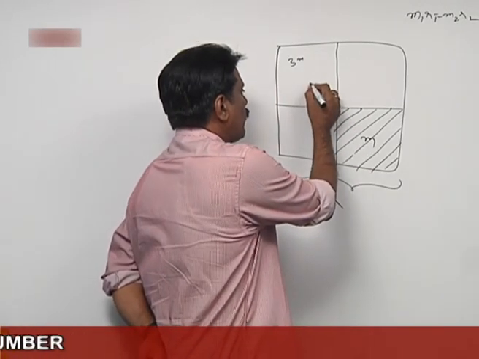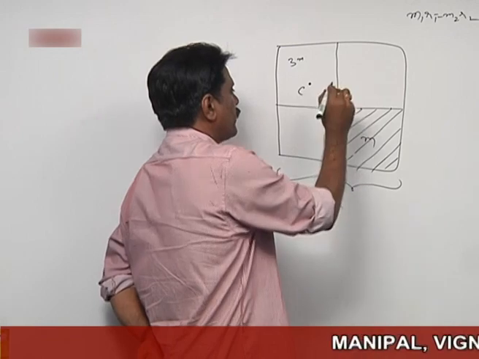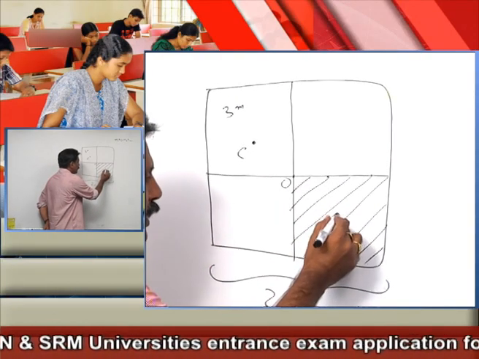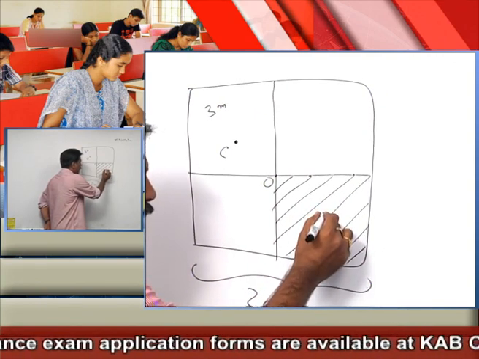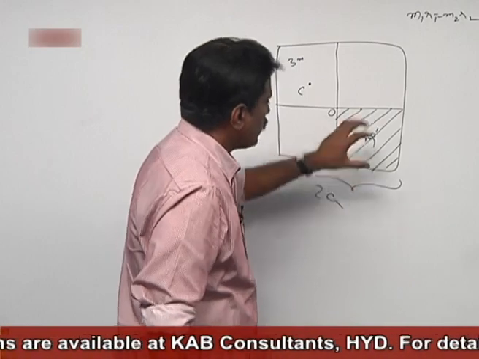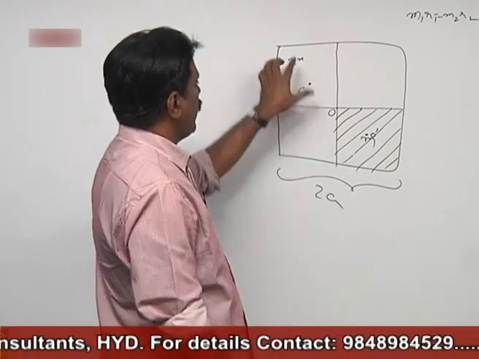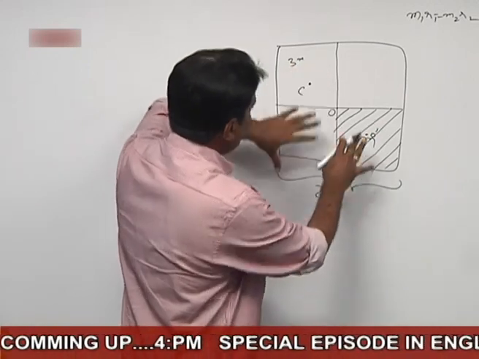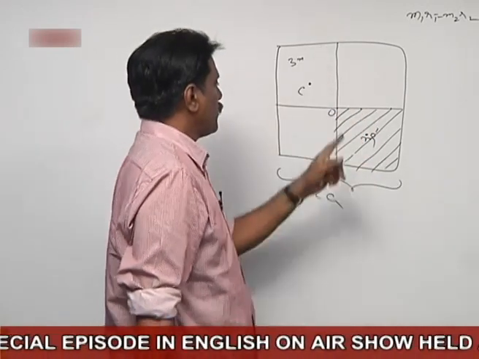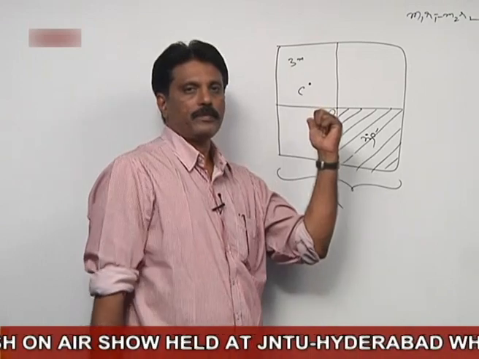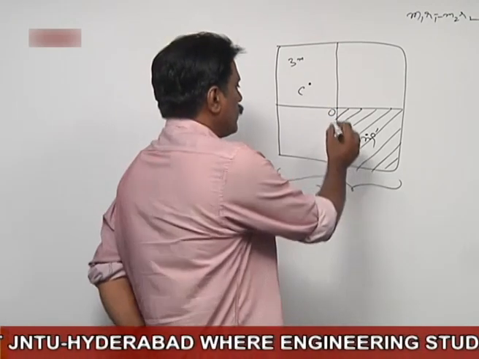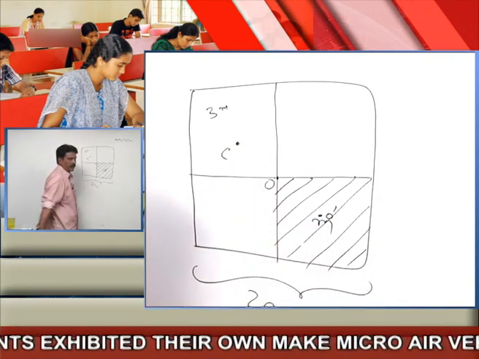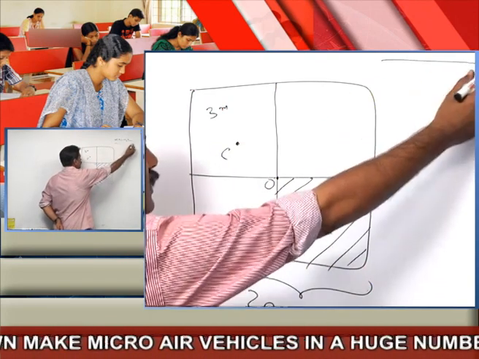Let the center of mass of the remaining portion be at this point C. Center of mass of the removed portion be at its center at this point O dash. This piece will have center of mass at O dash and remaining 3 quadrants will have center of mass here. If you join them again to get the original square lamina, you will get center of mass at O. So, the combination of 3m and m produces center of mass here. So, you can apply this relation. Here,